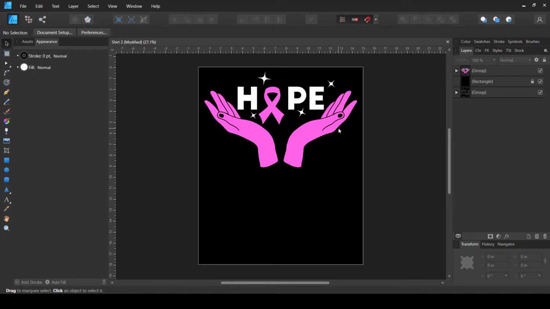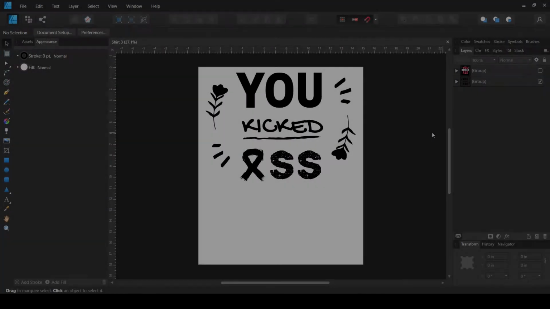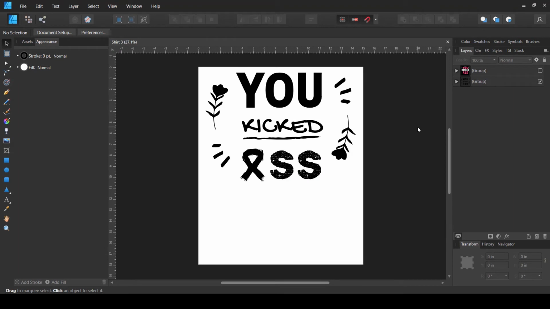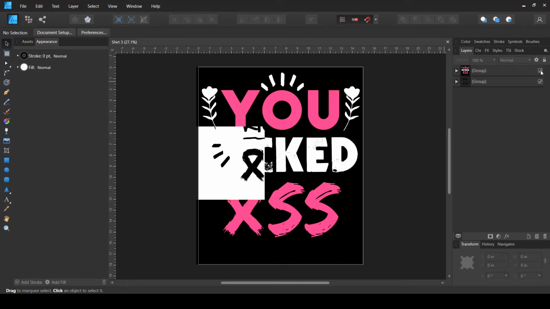Again, you can see that I have not made any complex changes to this, just simple changes of the font and the color and slight orientation or rotation changes. So this is the third design from the same set, and it is already a pretty interesting design. The design says you kicked as, so I have kept the same thing. I wanted to represent the same thing and use the same elements, but one thing that you will of course notice is that I have changed the fonts.